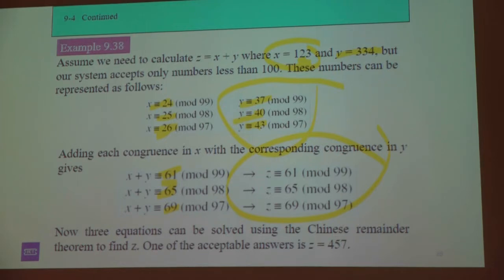One of the acceptable answers is z, which is the answer for adding. So basically what it says is that the system cannot accept representation over 100. So instead of representing it with one number, one equation, we represent the 3 equations. And when we calculate that,